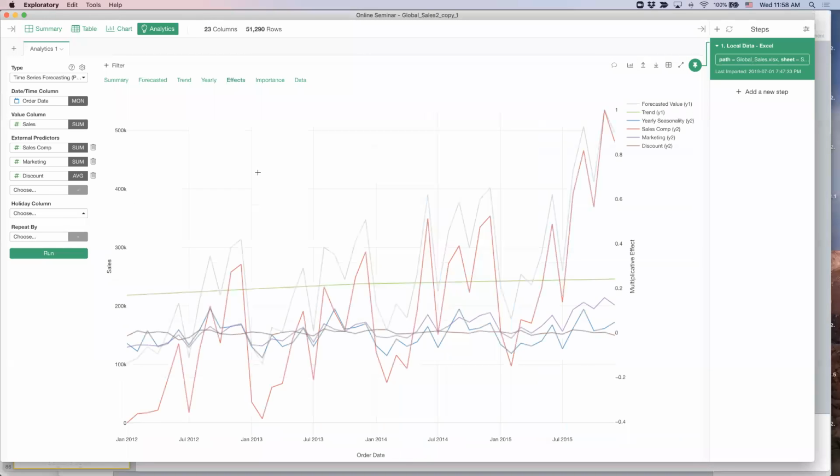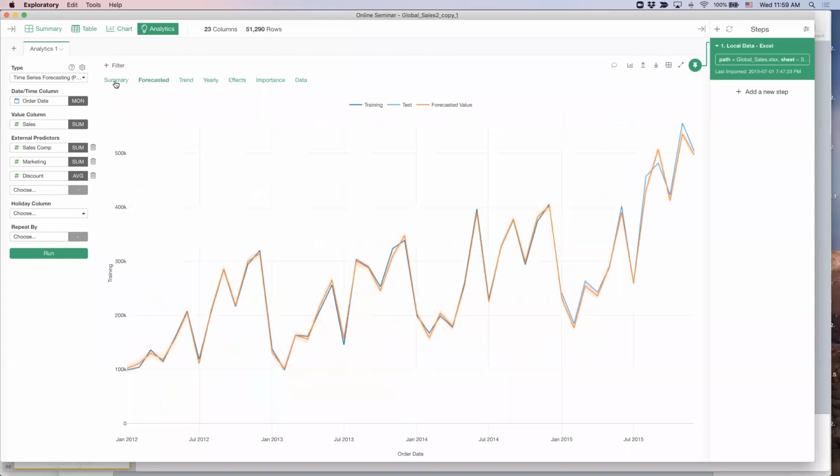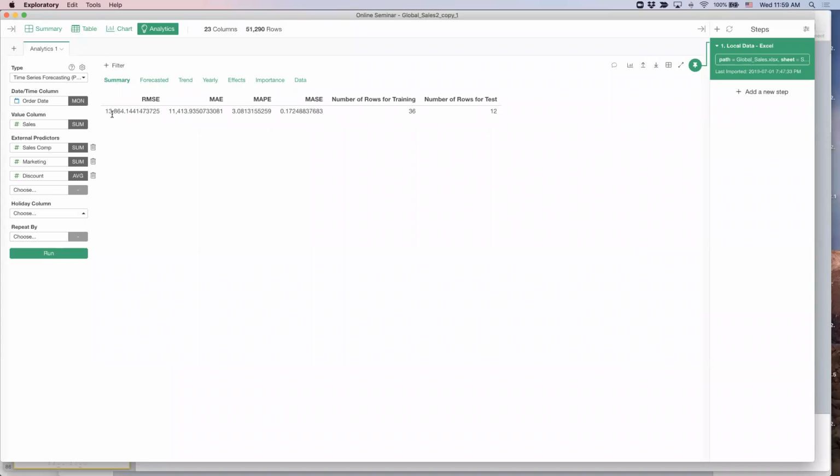So if I go to the effects, you see this red line is how much of the effect comes from the sales comp, compared to how much from the marketing or other variables. And also, you can see in the summary that RMSE is now 13,